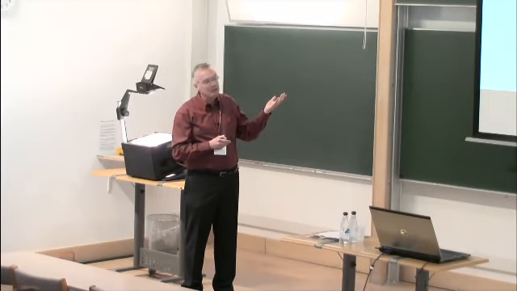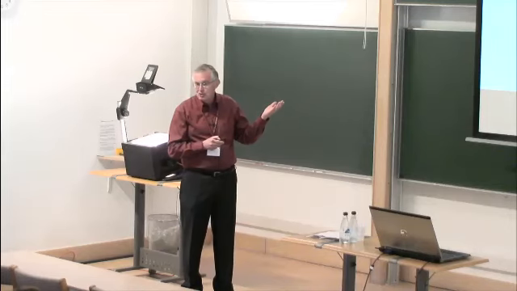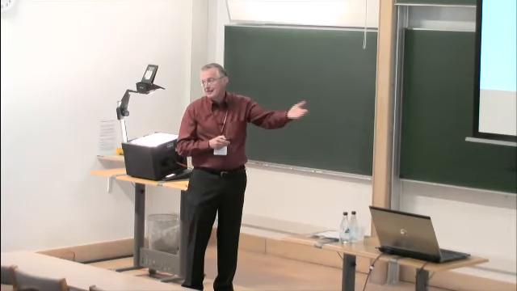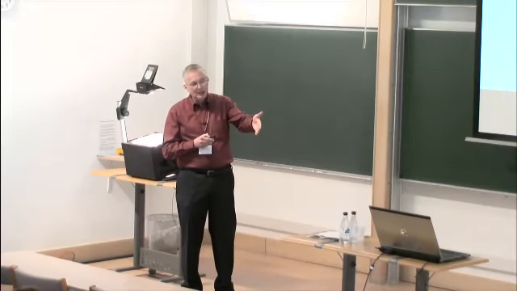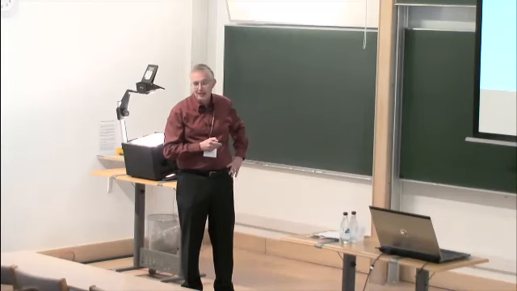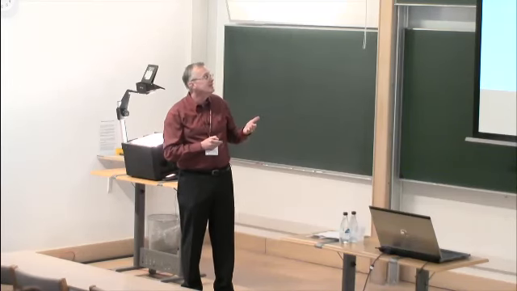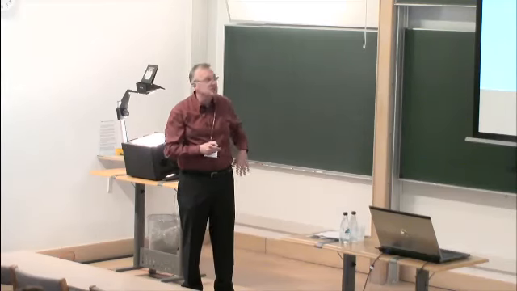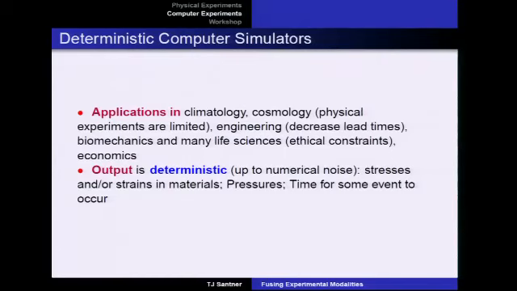For example, in biomechanics, you don't typically run experiments putting 10 of one particular prosthesis in one patient group and another 10 with a second kind of prosthetic device and so on. You don't make comparisons of that sort. Rather, people study these by means of finite element biomechanics codes that describe stresses and strains at bone-prosthesis interfaces. The output is deterministic, at least up to numerical noise. If I run on a 64-bit machine or a 128-bit machine, there tend to be small differences. The output is sometimes not related to anything you can actually physically measure.